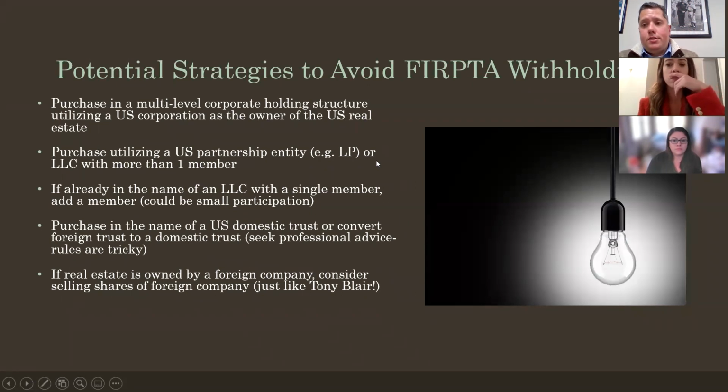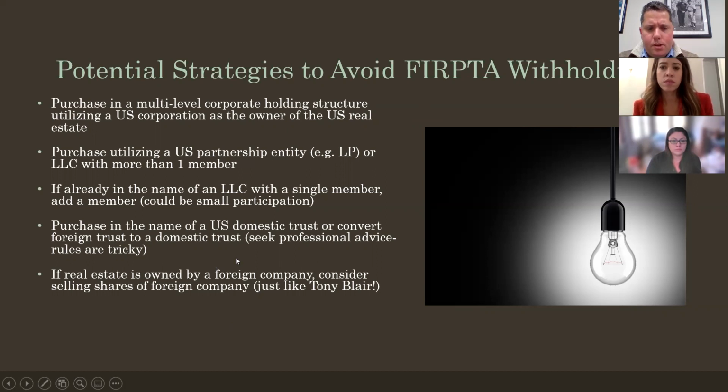One strategy that I use is, if there's a client that has an LLC and they're the sole owner of the LLC, FIRPTA applies. But say, for instance, hey, have you ever considered putting your wife in as a 1% member and you as a 99%? Once that is done, it turns into a domestic partnership, not subject to FIRPTA. However, bear in mind that just doing this right before closing probably isn't going to work. It needs planning ahead of time, because the other side might just see it for what it is, which is just to avoid FIRPTA, and they might not agree to it and want to do withholding anyway.